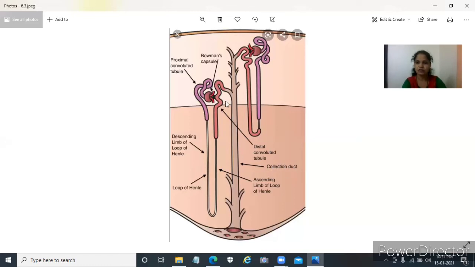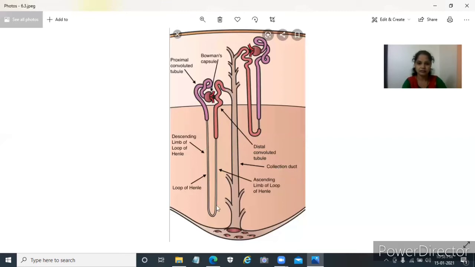So the nephron is a renal tubule. It is a coiled portion and it has a bunch of capillaries, the glomerulus. At the proximal end, Bowman's capsule is a cup-like structure and it is blind. Blind म्हणजे बंद असतो. While the distal portion is open, like the collecting tubule. The proximal end is closed, while the distal end opens into the collecting duct. This is the nephron.